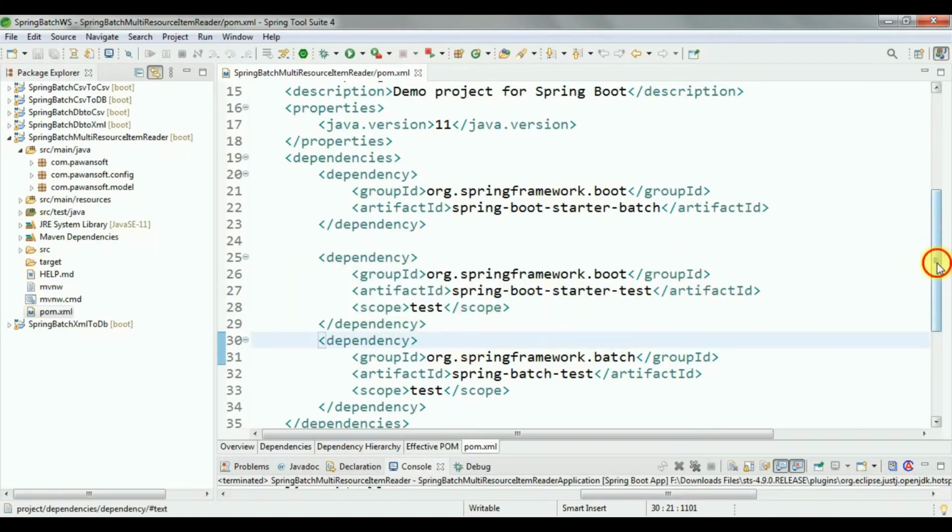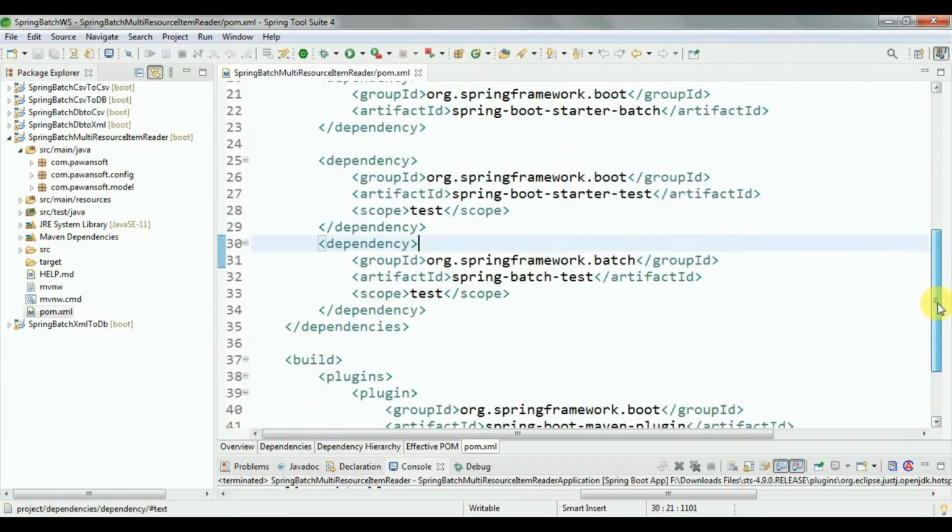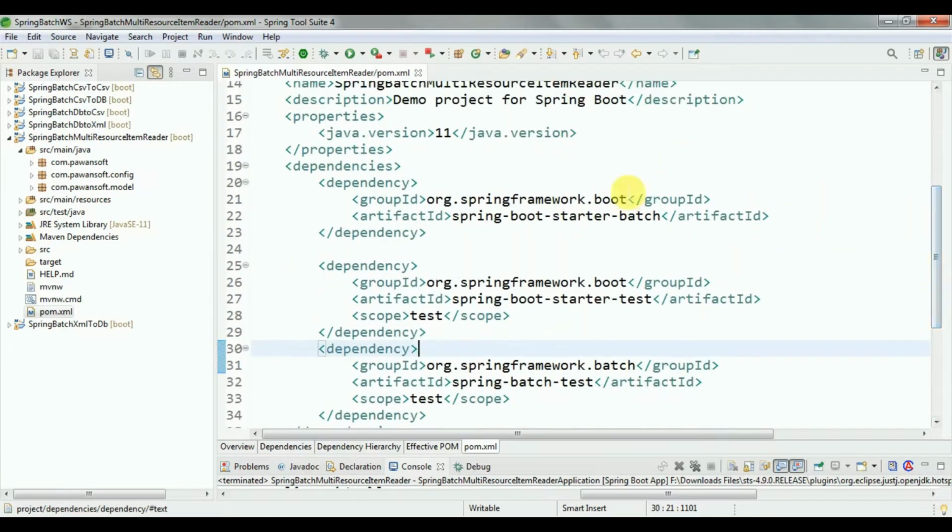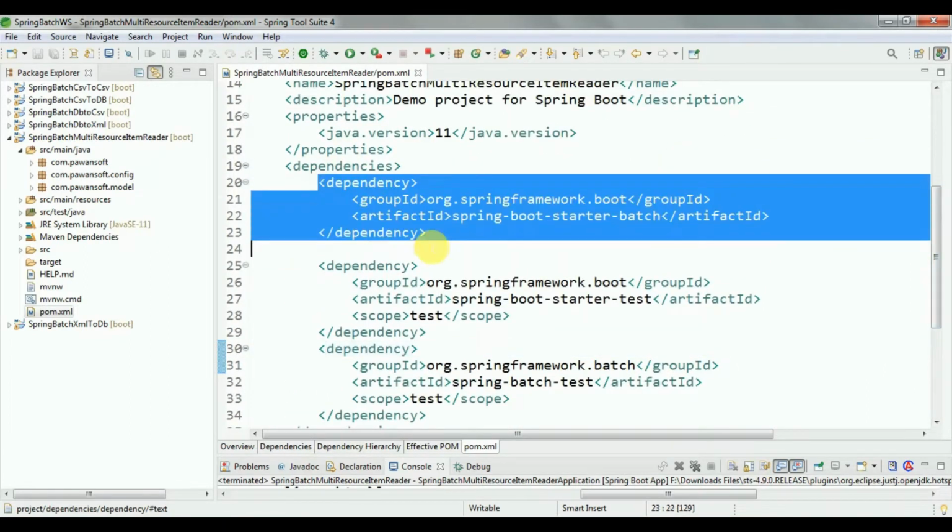So no need to take care of it. Only add the Spring Batch dependency and go to the main class,